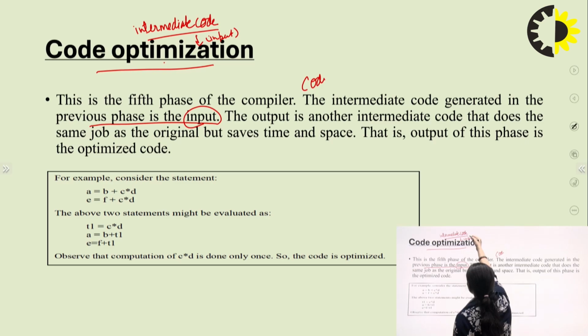So, intermediate code instructions are the input for code optimization.